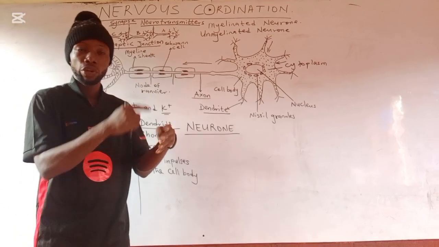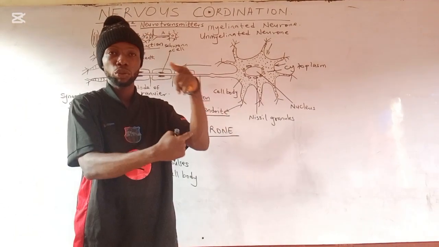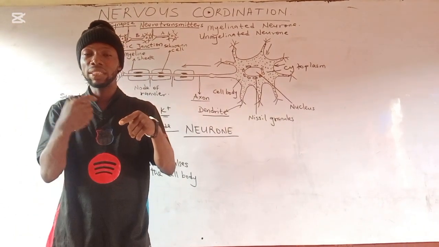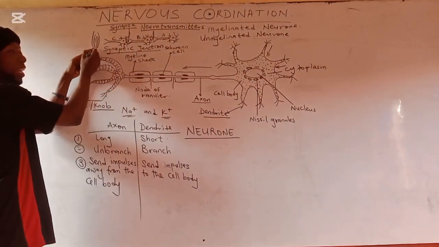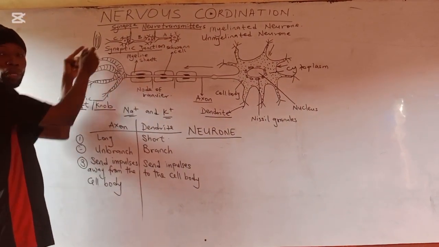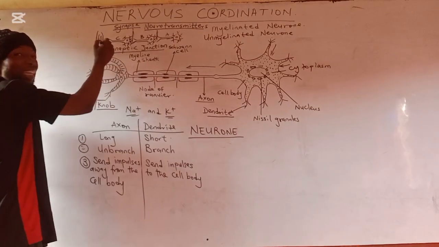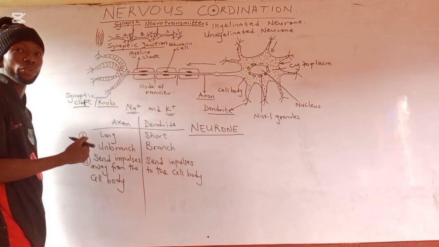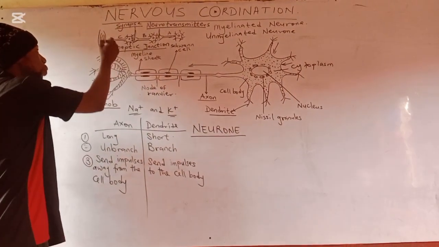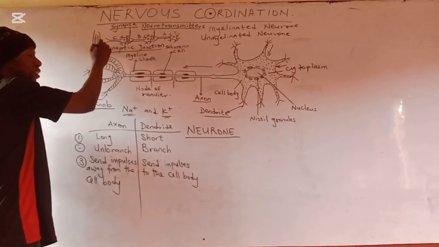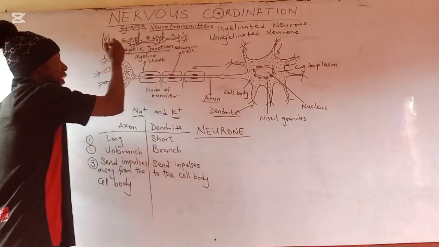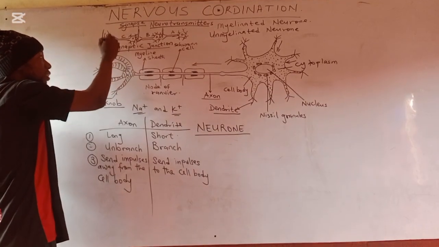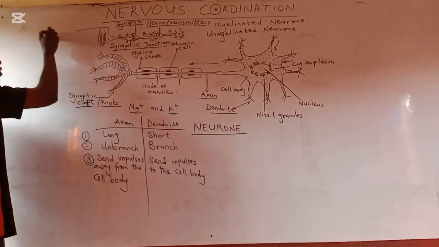I told you before, a neuron continues with a neuron and continues with a neuron until it gets to the distant target organ. Okay, now this is a gland and this happens to be the muscle of the gland. We have that space between the neuron and the gland. Okay, now we still have this chemical inside. Do you understand? Now that space is also filled with neurotransmitters. Okay, this space is known as